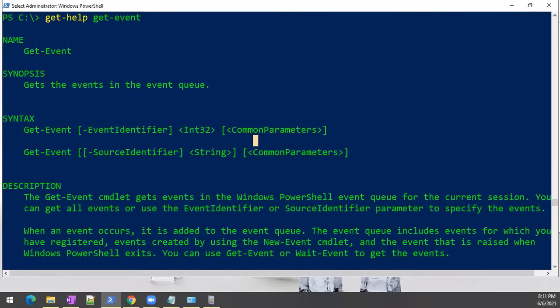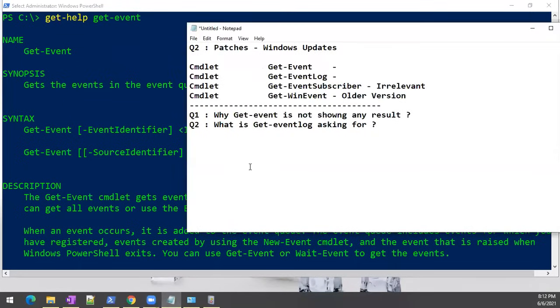That is the scenario. Even I am also getting it. Right, updating. That is the scenario. You know what? When you ran something called get-help,